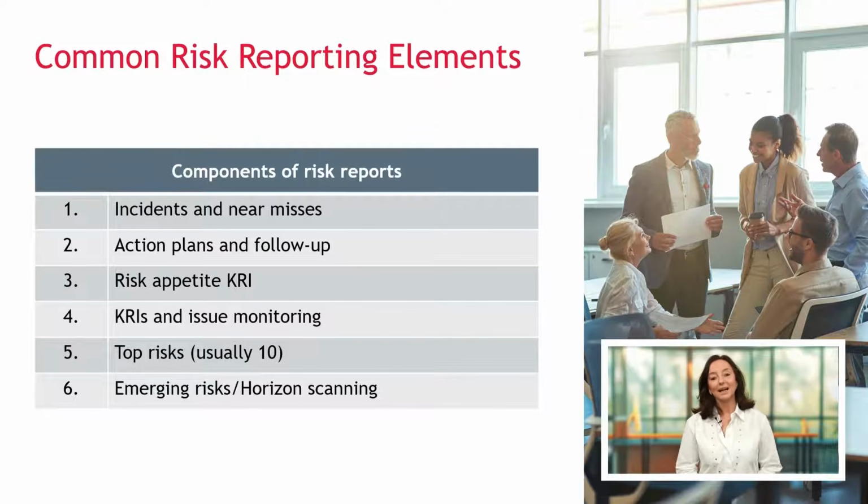And then finally, or at first, there's no particular order here in this table, the top risks of the organization, usually 10. Why 10? Because it's more conventional than really risk-based. And an element of what are the risks on the horizon, with emerging risks or horizon scanning. This is the minimum, but you can have additional elements to your risk reporting, such as results of RCSAs, control gaps, regulatory findings, etc. But at the core minimum, these are basically the elements you expect.